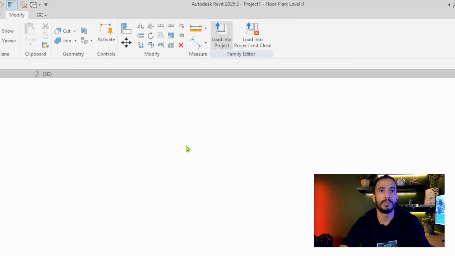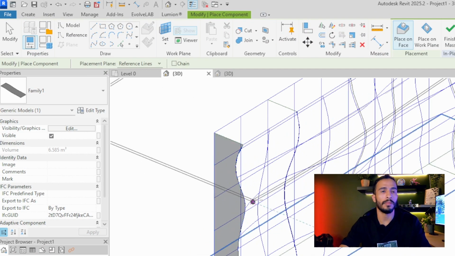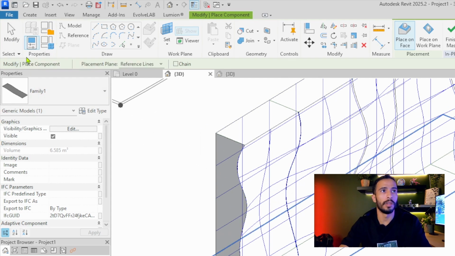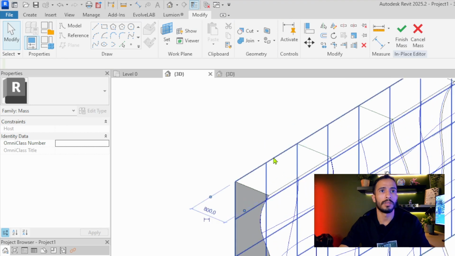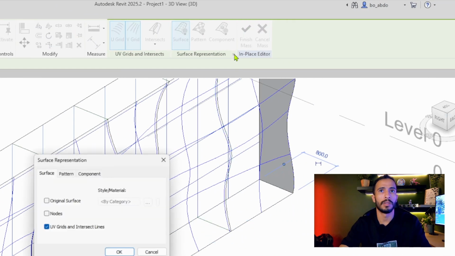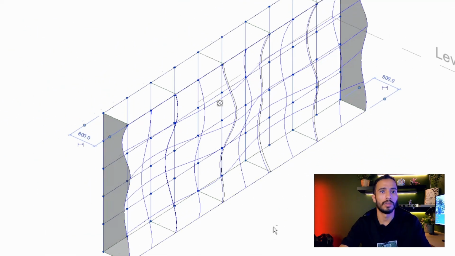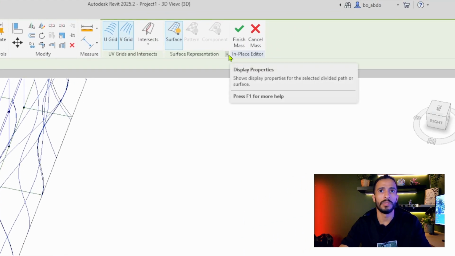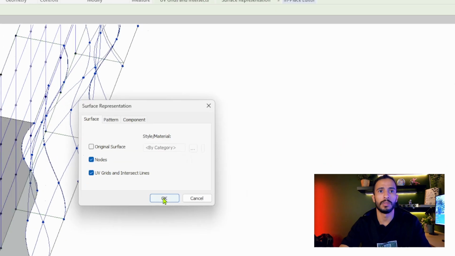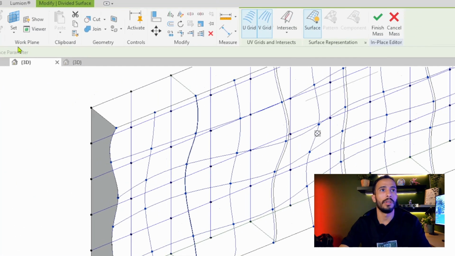Then let's load it to the project. And we go to the 3D. And just before that, we need to select this and make the node show the points. And also this one. And we press this one to make the node show the point. Okay, now let's go to